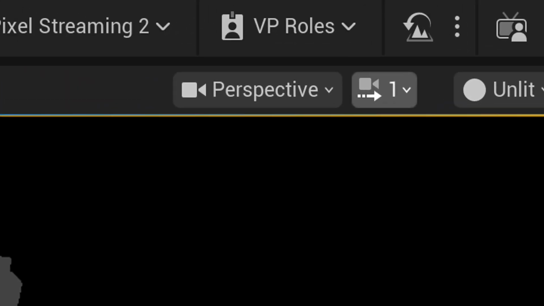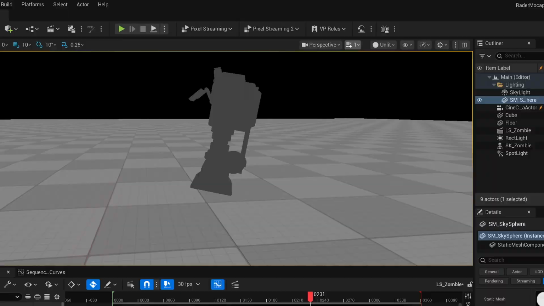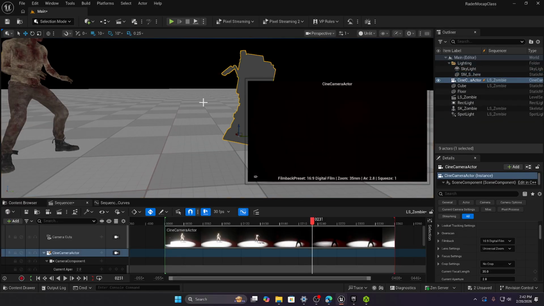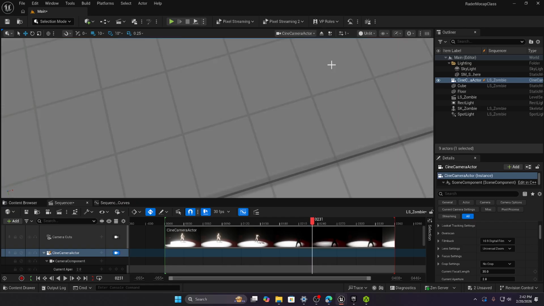Remember, you can become the camera with the drop-down menu right here. You just select which camera you want. Also, if I become the camera again,